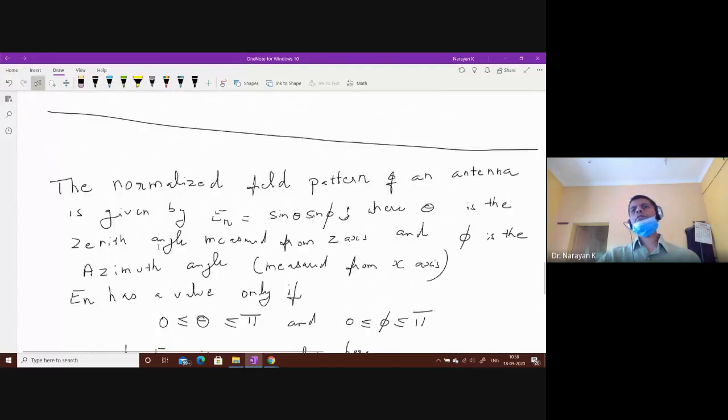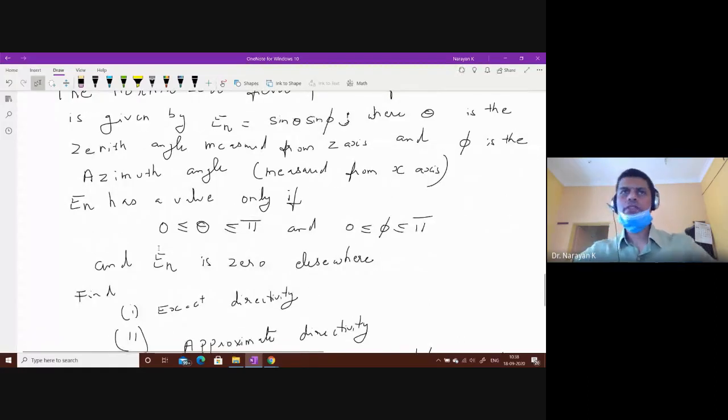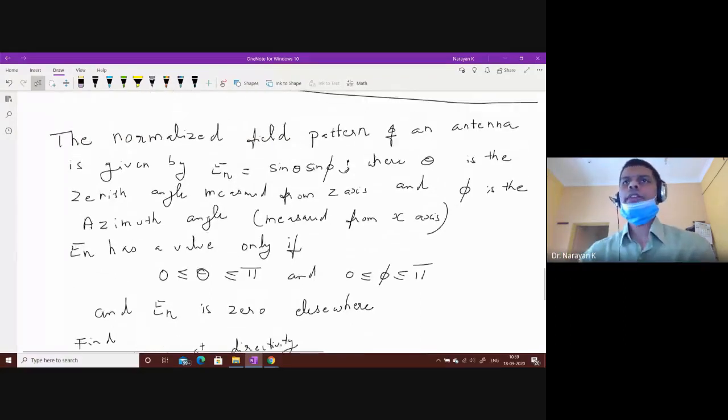See, all the problems I'm doing were asked in previous university question papers. So be rest assured that we are solving university problems as and when we are studying. Instead of solving them separately, as we do the class, I am solving the university questions. Now let us read this question once again. Whenever you get a question, do not panic in antenna. All the answers you know. The English of the question may be twisted in different directions, so please don't panic. That is the first and foremost thing I want to tell you.